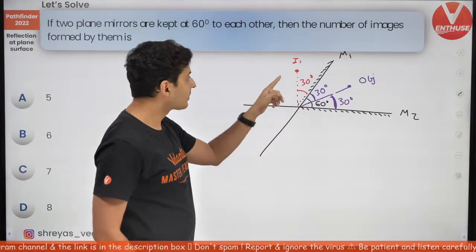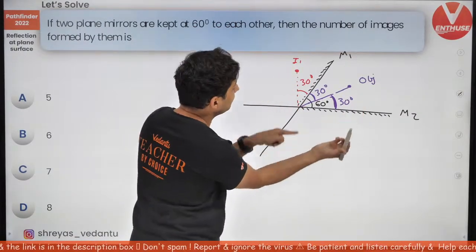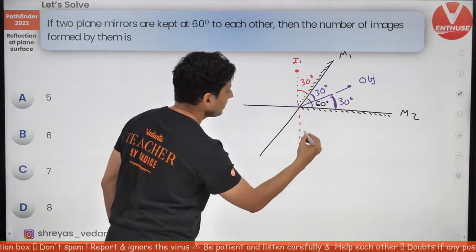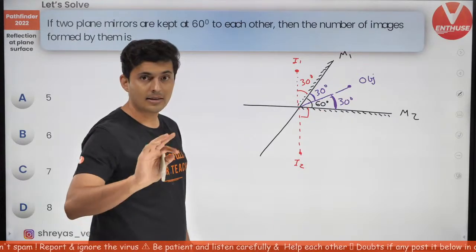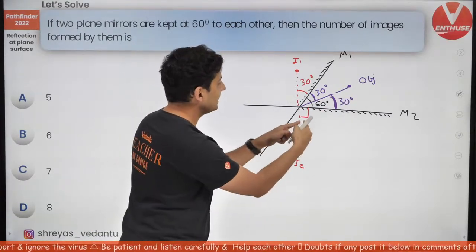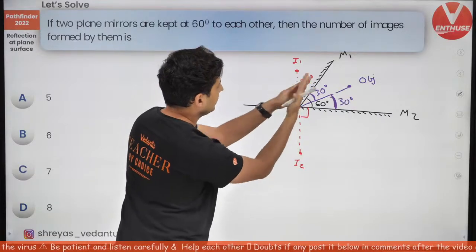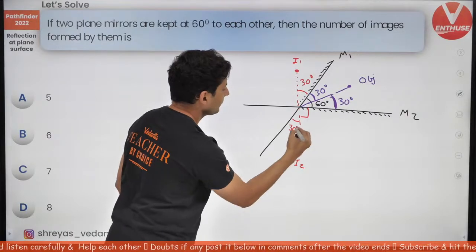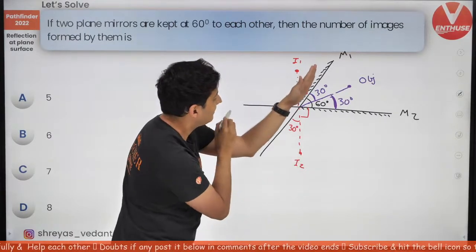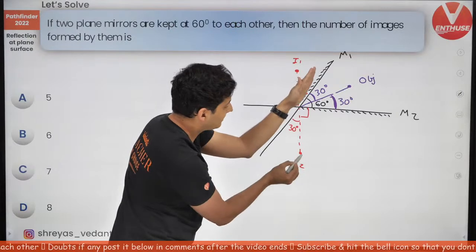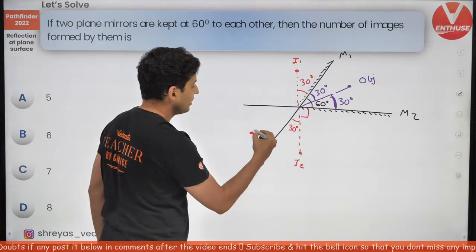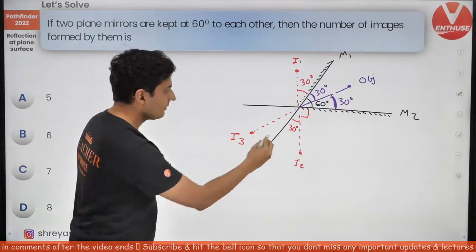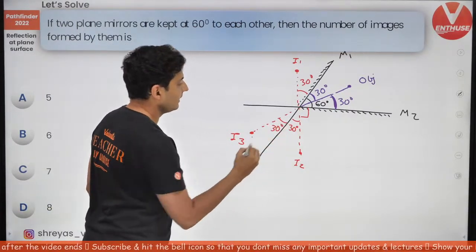This is 90 degrees. This image will be reflected because of M2 behind it. So exactly 90 degrees behind. So this will be I2. This will be 90 degrees. Fair enough? Okay. If this is 90, what is this angle by the way? Oh, this is 30. So naturally, this will be also 30 degrees. So this image will be reflected here. This is 30 degrees in front, 30 degrees behind. So somewhere over here. So you will see a reflection right over here. I will call it I3. Got it? If this is 30, this will be also 30 degrees.